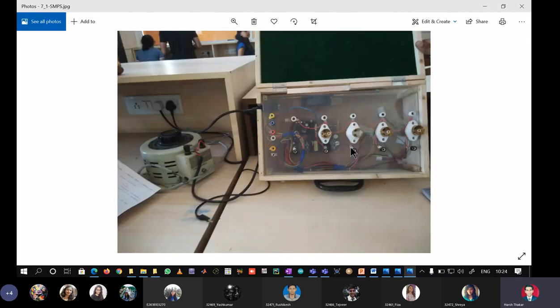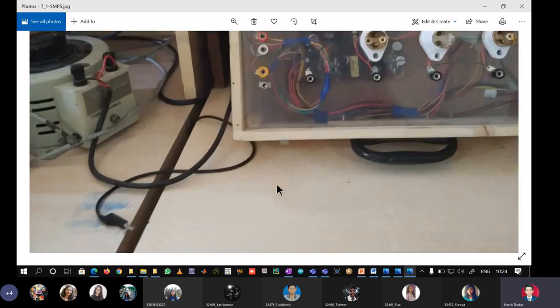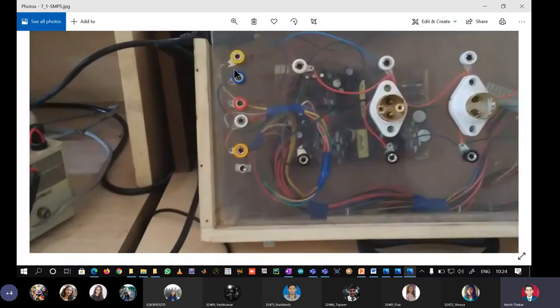Yeah, so here I was telling you that we have made this kit in-house, and the experiment says that we have to perform load regulation and line regulation on SMPS, that is switch mode power supply. So what basically I did is I just got one SMPS of a motherboard which was not working from the computer department, and then we opened the SMPS and there is something called color coding. We can see the color coding here. I will zoom it, right? So we are seeing 5 colors here. Yellow is plus 12 volt, blue is minus 12 volt, red is plus 5 volt, white is minus 5 volts, and orange is plus 3.3 volts.